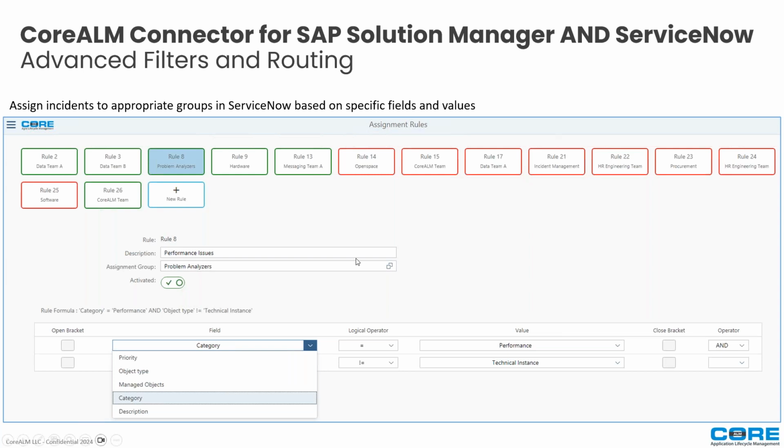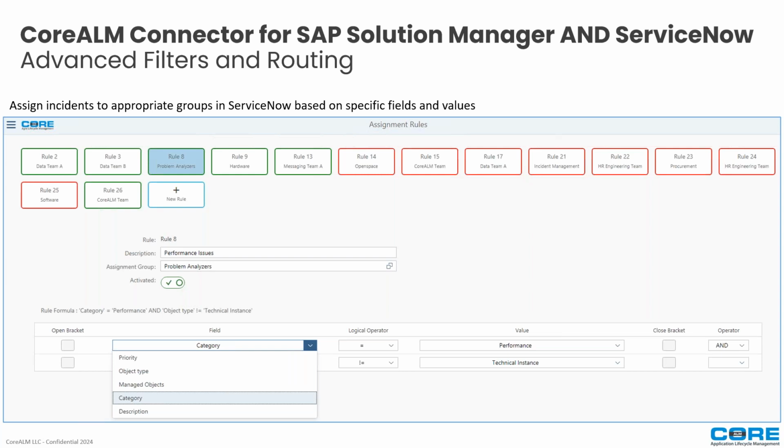Another very useful feature in here is that we can perform calculations, and depending on the category of the alert, we can choose to map it and push it to a specific team. In this case, if the database is down, maybe we want to send it to the HANA team, the Oracle team, or maybe just the database team. If it's operating system related, we can dispatch that to different teams' queues,